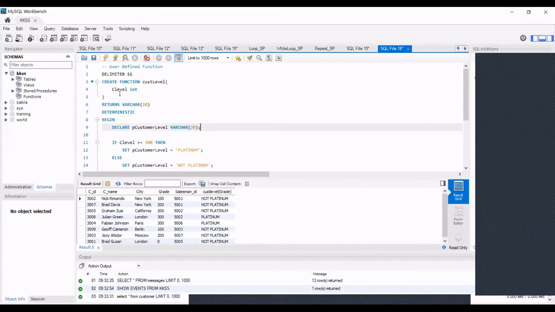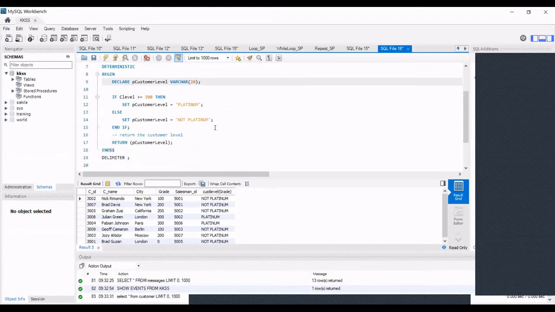Yeah. So in create function, you give create function and a function name. Then you have to give an input variable. Then you have to define the return data type, what kind of data type it would return. Then you have to type deterministic and begin. For this, I just declared a variable, t customer level, whose data type is the same as my return value.